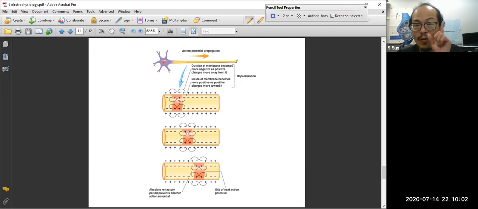So by having one action potential in a local spot right here, that will make the neighboring one become positive, become positive, become positive. So that will make the action potential propagate from one original spot to the remote area. And so in the beginning,